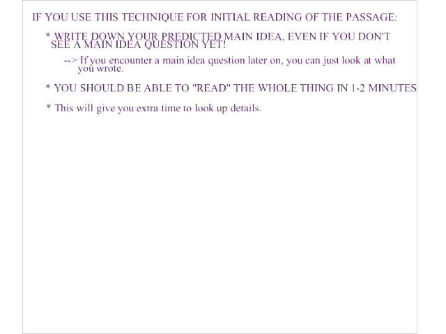I could actually see this helping either type of student. If you're a very detail-oriented person, it'll give you more time to hunt for details. So it plays to your strength because it gives you more time to do what you're good at. If you're more of a big picture thinker like me, then it'll give you more time because you need more time, since it's hard to find details. So either way, it's a benefit. Give it a shot. It's worth it. Try it on some of the OG passages and see how it works.